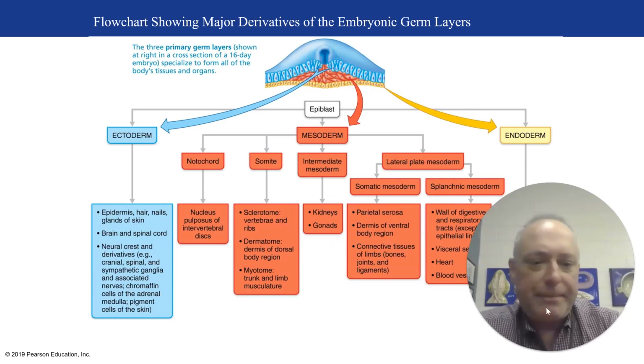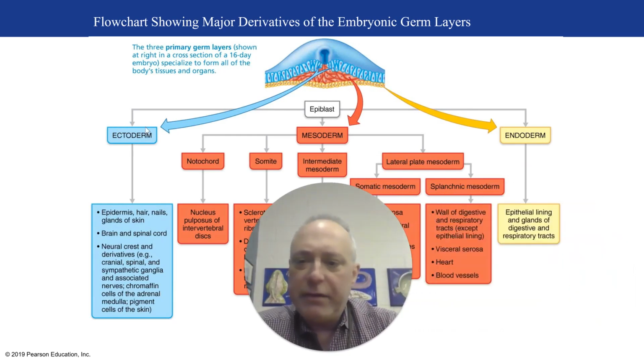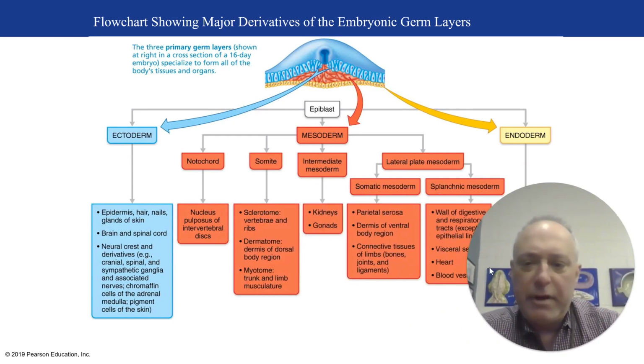So here we have an outline showing that the ectoderm after gastrulation is going to give rise to the epidermis, the brain, the spinal cord, as well as the neural crest, whereas the endoderm is going to give rise to digestive organs of the abdomen, as well as glands, epithelial linings of the digestive and respiratory tract. And then the mesoderm is going to form many organs like the kidneys, the gonads, different somites, the blood vessels, bones,